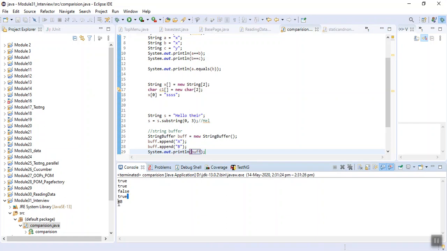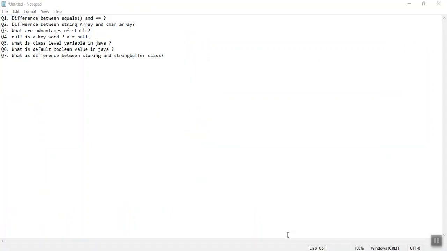See, it has not created a new object, it has appended A and B. So String will always create a new object if you do any function, but StringBuffer will never create a new object if we do any operations on it.